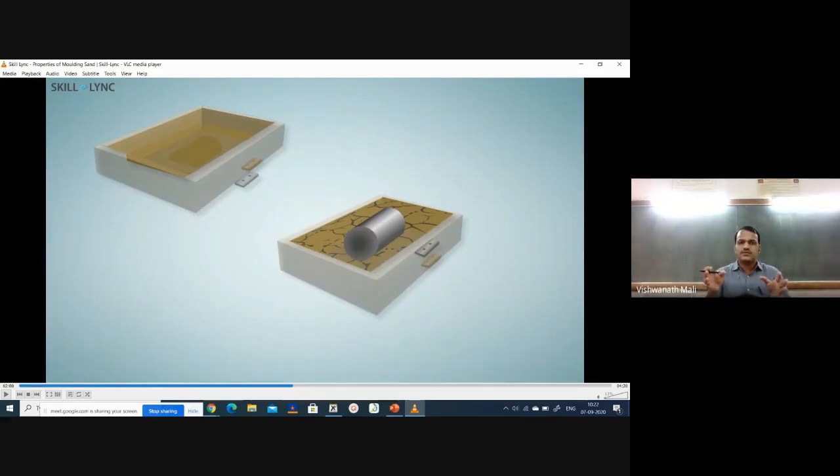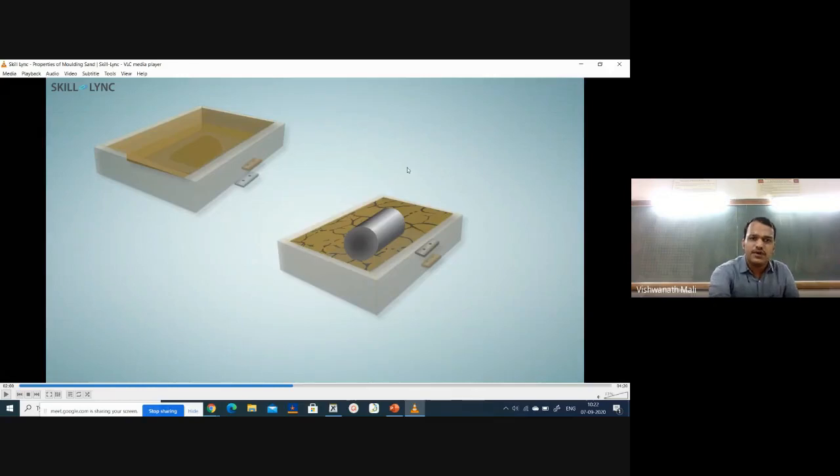That is the second thing. The first thing is what? Due to the cracking, it will not oppose the contracting of this part. If your molding sand is not collapsible enough, then it will oppose the contracting of this part. And if suppose it opposes the contracting, then what happens? It may crack due to the opposing.